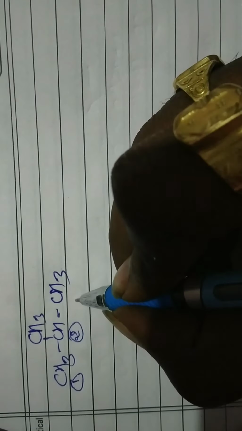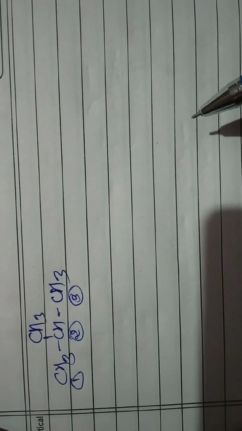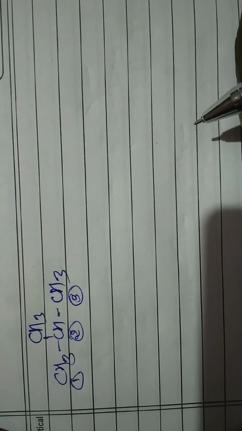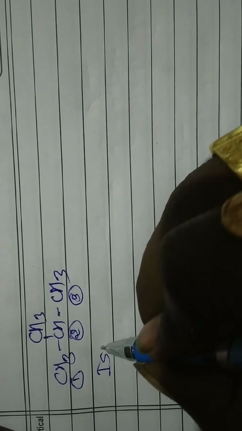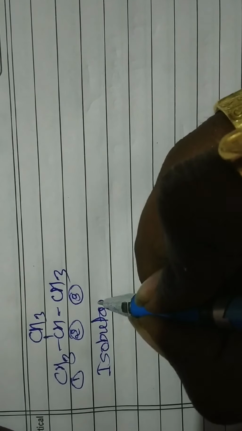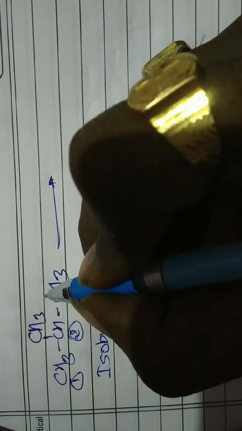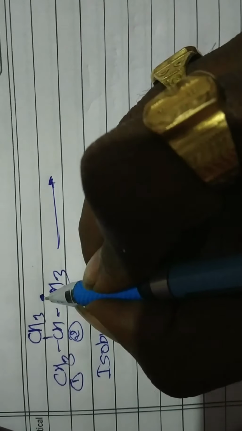Why? Because in the continuous chain of carbon atoms, the methyl group is present on the second carbon atom, due to which it is called isobutane. Now, if a hydrogen atom from a primary carbon atom